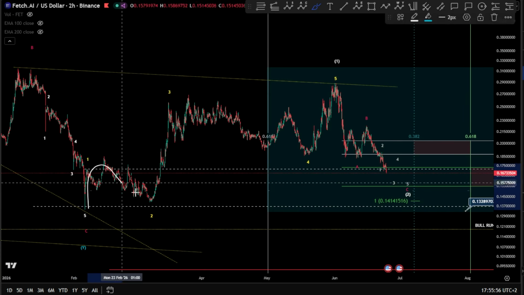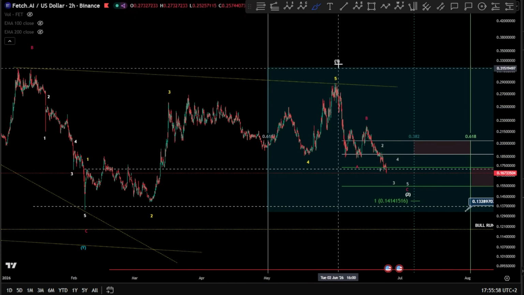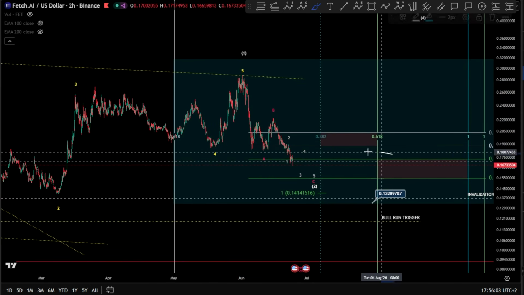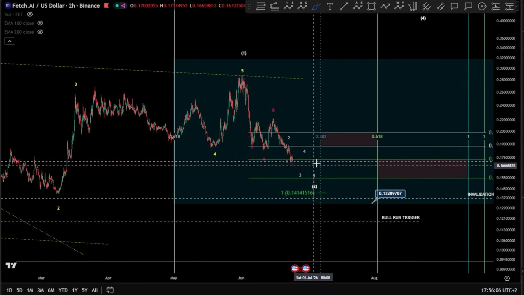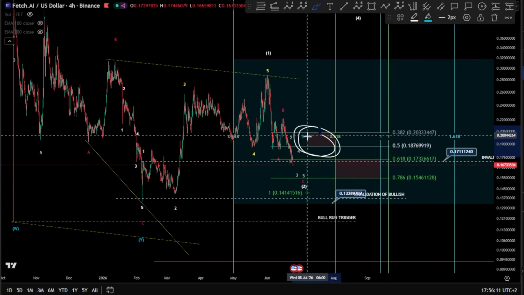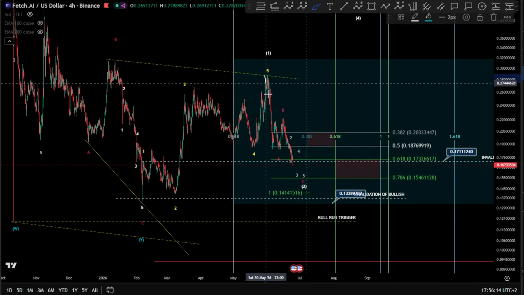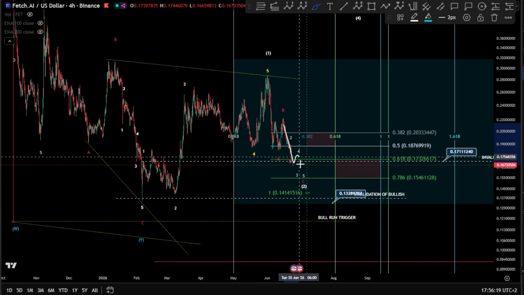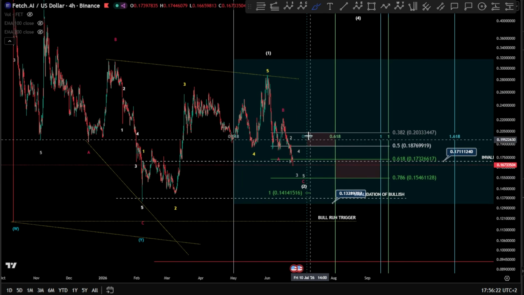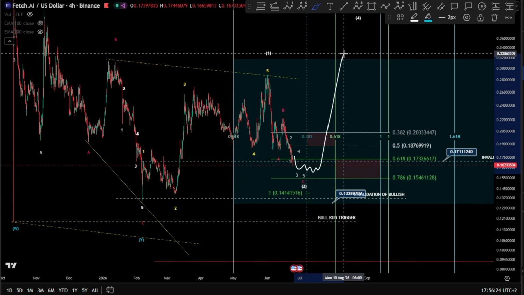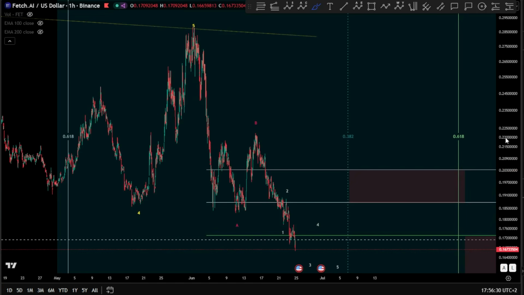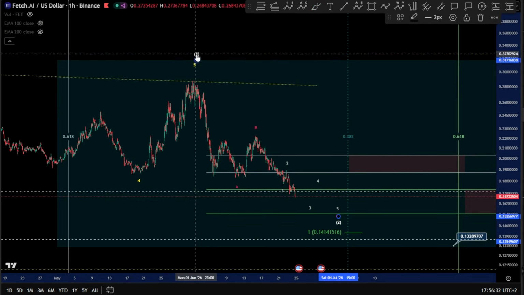Wave 1, and then we have 1 2 3 4 and a 5 finished as an impulse. I'm looking for wave 2 as expected. Yeah, so A, B, and a C, and I mentioned the targets here are very necessary to have. Now basically the wave 2 timing is not yet hit with FET, so I'm not sure what's going to happen here. Is it going to delay us just like that? I mean, like having some diagonal just to reach the 0.38 over there and then start the push toward the upside? Very likely, guys. Very likely that this might happen because we need the time as well over there for